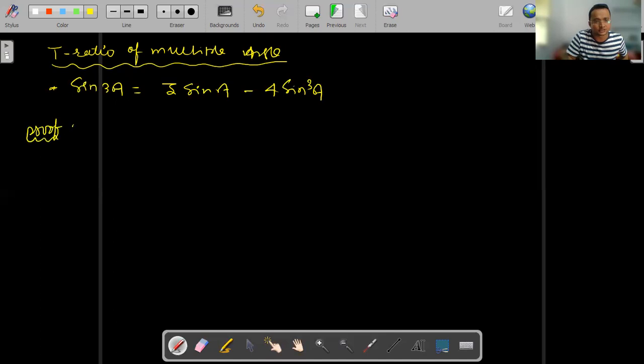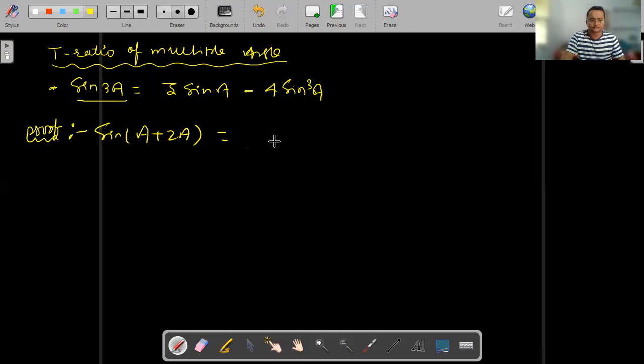So see here. Now you tell me, sine 3a, can it be written in this form, a plus 2a? Of course, we can write sine 3a as a plus 2a. I have written it in the terms of compound angle. Understood? So sine of a plus 2a. Now, the compound angle formula: sine a plus b is sine a into cos b plus cos a into sine b, isn't it?